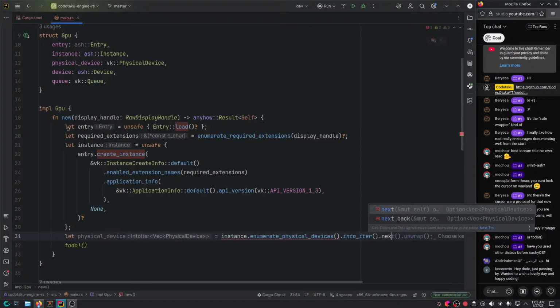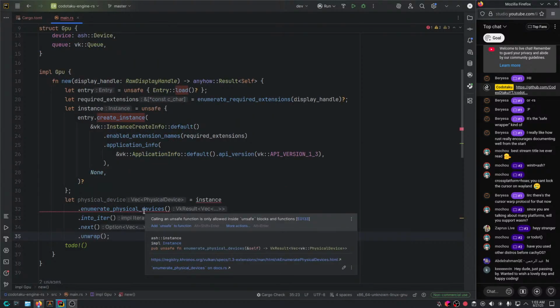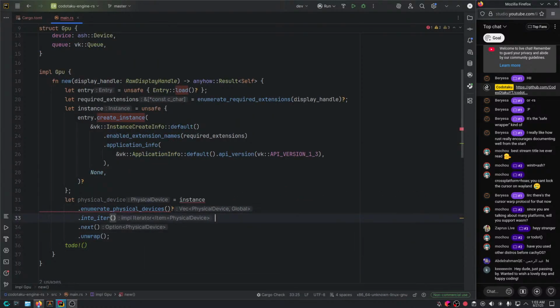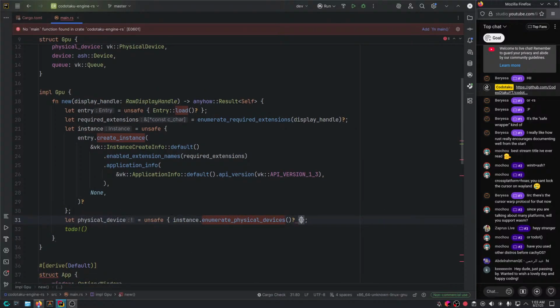I guess next, right? Yep, next, unwrap. But wait, what's up? This actually returns a result, so it's unwrap that, I believe. There's some weird thing here though. Wait, so this gives me a vector. Oh, it's an unsafe function. Unsafe function, okay.